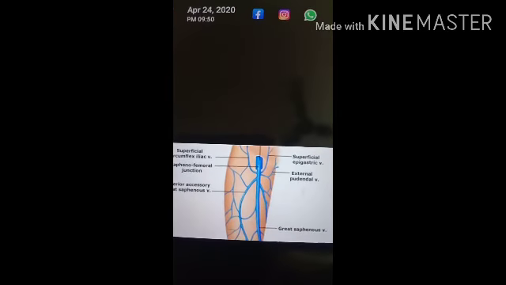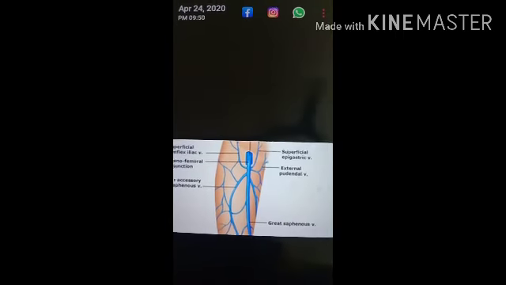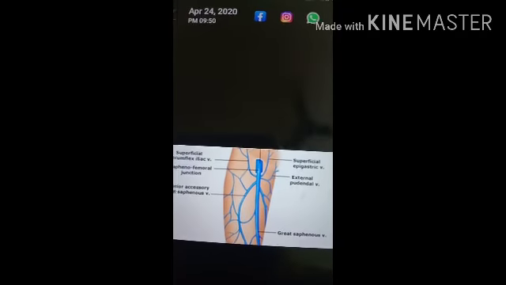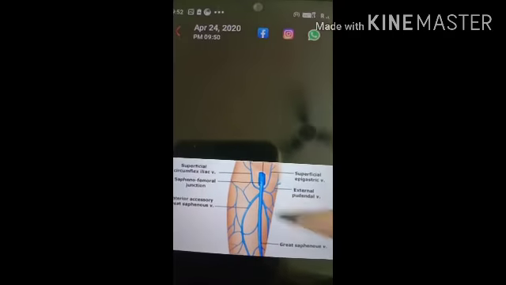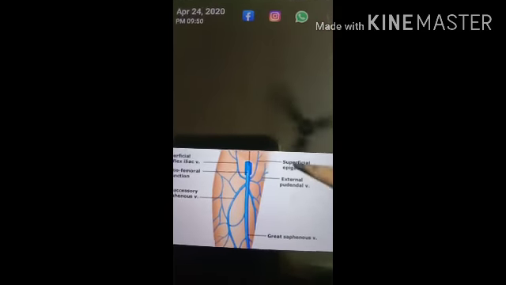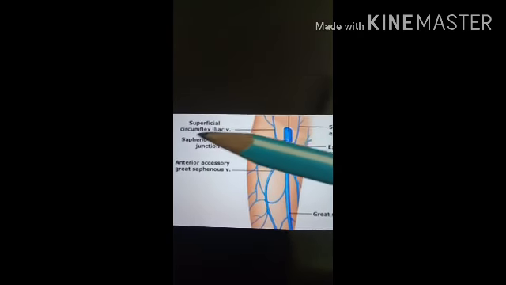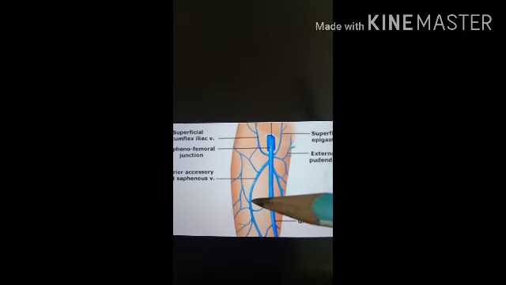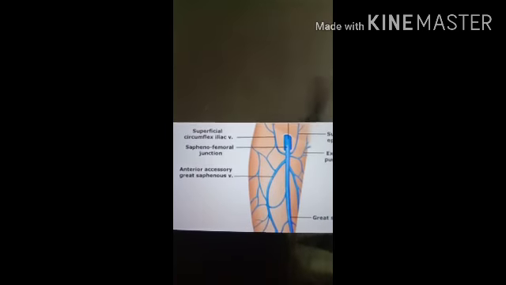Second, the veins accompanying the three deep branches of the femoral artery, that is the profunda femoris artery, the deep external pudendal, and the muscular. So these three form the veins, that is the profunda femoris vein, the deep external pudendal vein, and the muscular vein. So these are the three veins. Then the lateral and medial circumflex veins. Here you can see the circumflex vein, and the ascending genicular and the muscular veins which are present in the adductor canal. So that is the femoral vein.